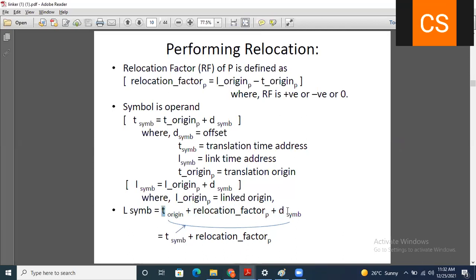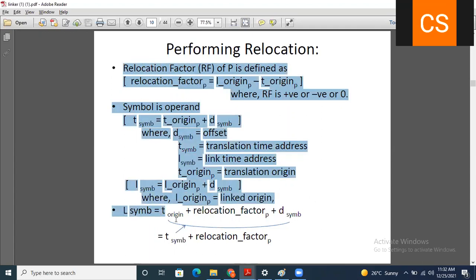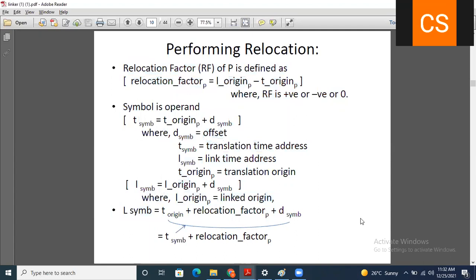So this T origin plus D sim is nothing but your T sim, that is defined here. So this gives you T sim plus relocation factor. So in that way you can calculate the linked address for the relocated symbol. Okay, so this calculation you should remember for your university exam.